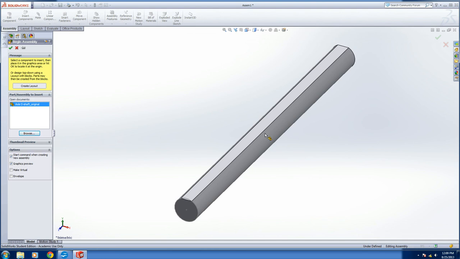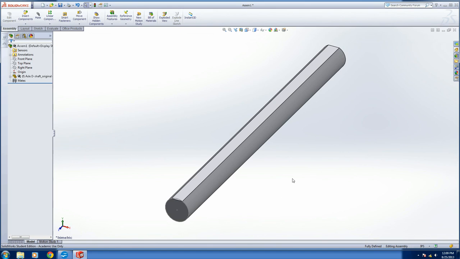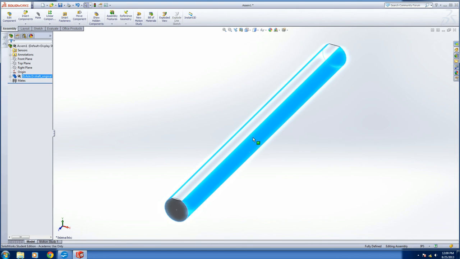So I'm going to click, and I can't move this. If I click on Move Component and this, I can't move it. This one is locked down and there's nothing I can do to move it. So now that we have a piece that gives us the ability to see movement, now that we have a reference point,